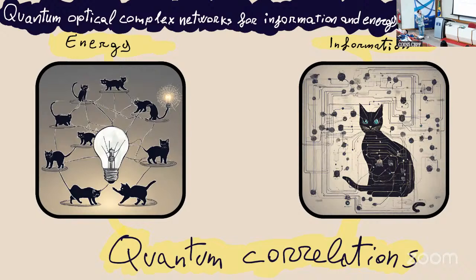So before going directly to quantum batteries, I would like to present more or less the framework of my research. So I want to understand what is the relation of energy and information, in the context of quantum networks. In particular, my expertise is mostly on quantum optics, or more specifically on bosons. So the language I will use is that of quantum harmonic oscillators.